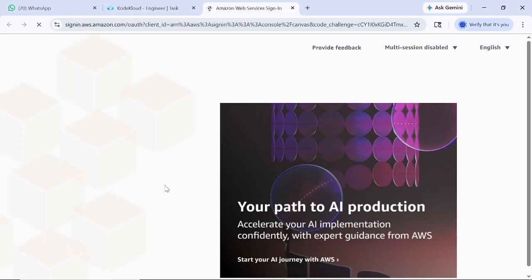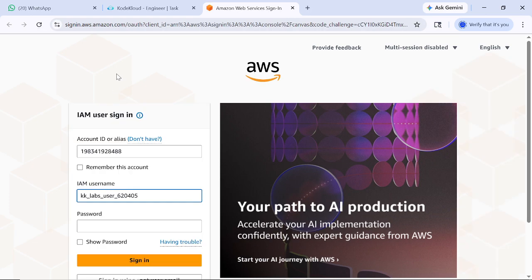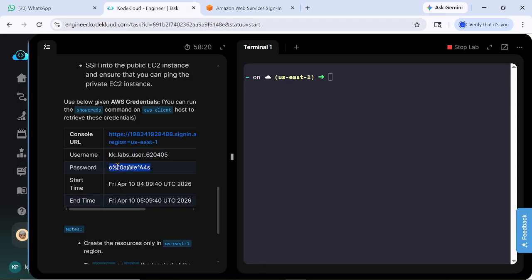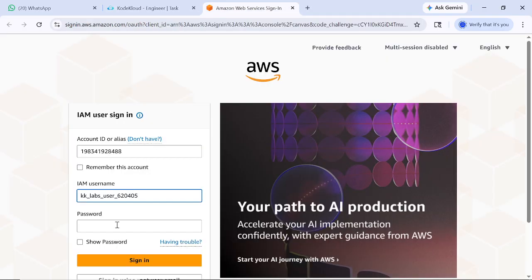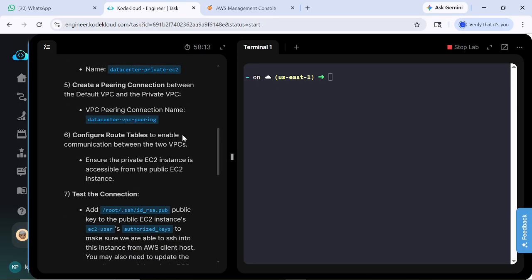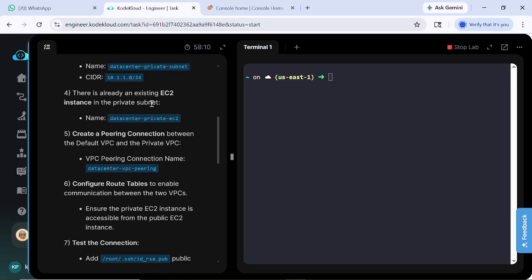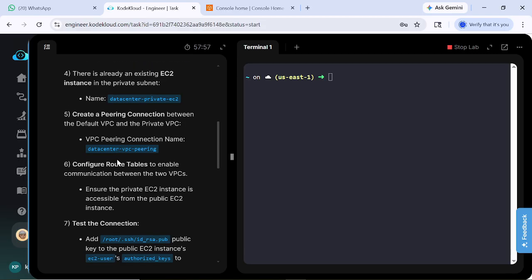Copy the username and password quickly. Okay, all right. So we have two EC2 instances, one is public and one is private. So respectively, the private subnet is there, public subnet is there, VPC is there, everything. So we have to just create this task, VPC peering, and configure the route table to enable the communications